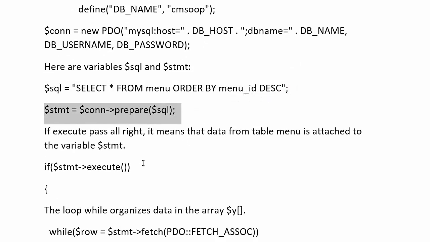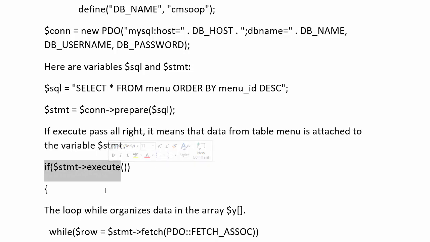If execute passes all right, it means the data from table menu is attached to the variable $STMT. If STMT execute,